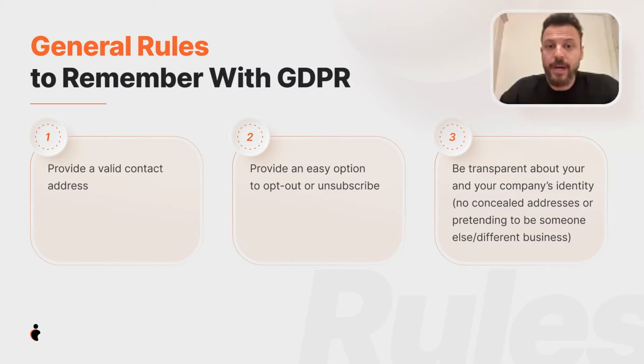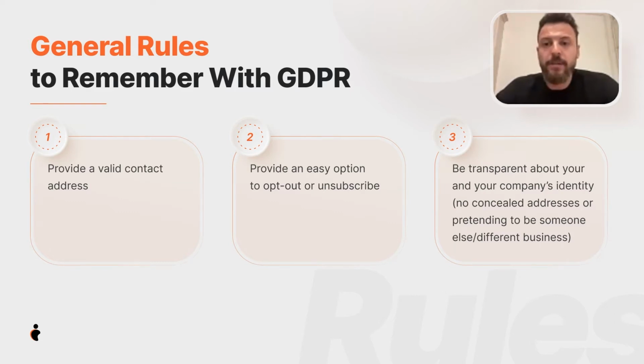Provide an easy option to opt out or unsubscribe. This one is interesting because you want to give people an option to opt out from getting email from you. However, it doesn't necessarily need to be a link, because the opt-out can be a phrase. For example, you can put, if you don't want to hear from me, let me know. Or, if you want to opt out from receiving emails from me, reply to this email. And that can be considered an opt-out. So you don't need to just put a link in there, and this opt-out message doesn't need to be in the signature section. You can just put it in the context, so people understand that they can opt out.